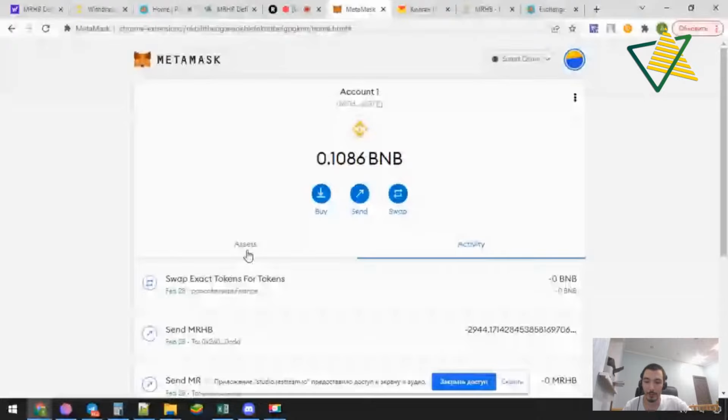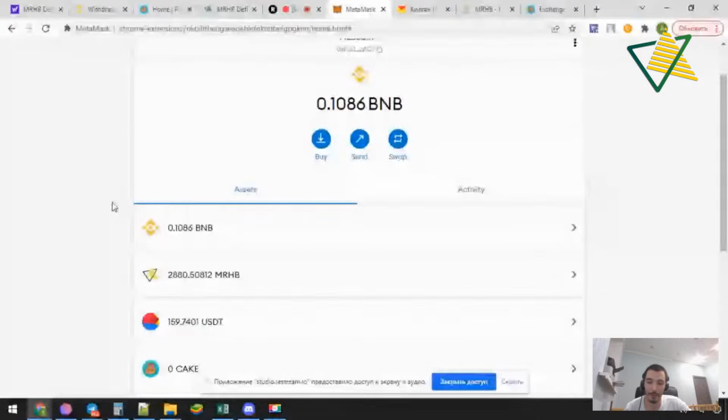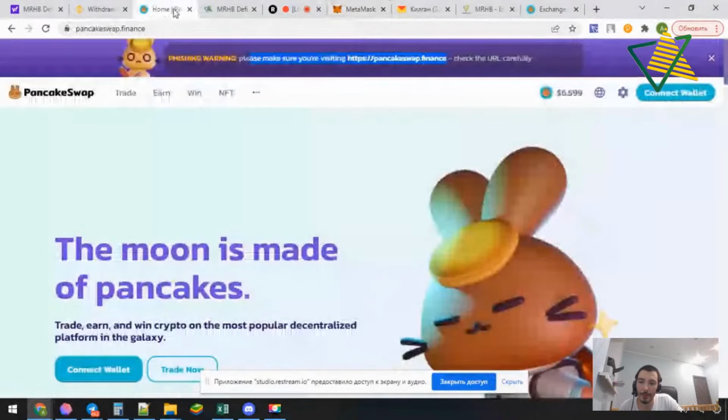Now we have MRHB, we have USDT, and the next step on our way to the rewards is to provide liquidity. Liquidity is provided on PancakeSwap. So we open PancakeSwap again.